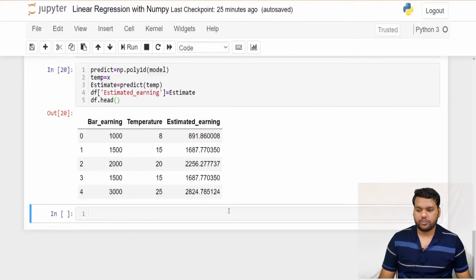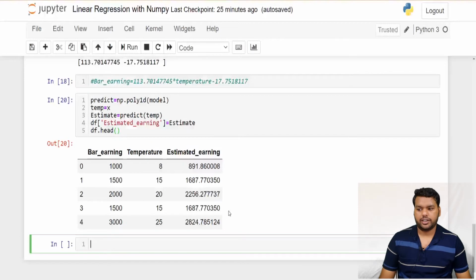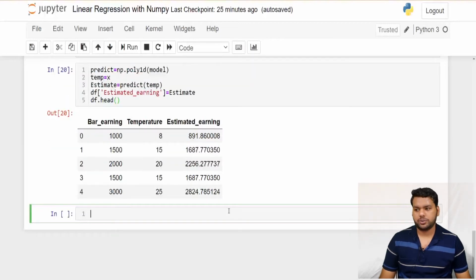Now the next thing we're going to do, we have to check the validation, we have to check how good our prediction is. For that we can calculate the coefficient of determination, right? And how do we calculate it? Because as I promised, we only use NumPy in this notebook, we're not going to use scikit-learn.